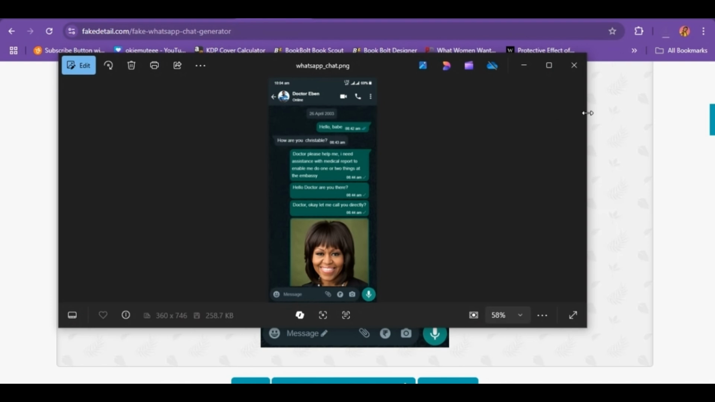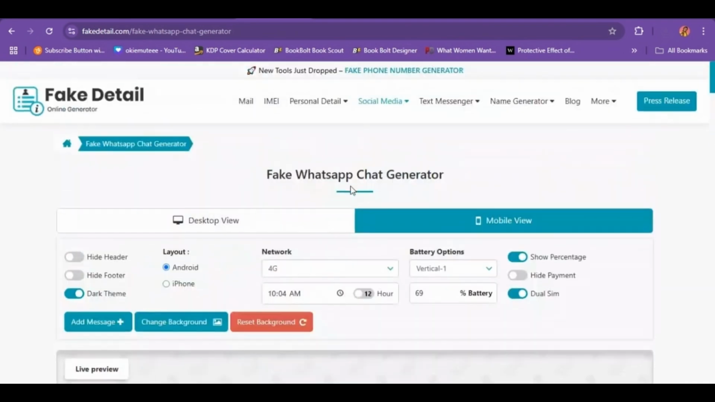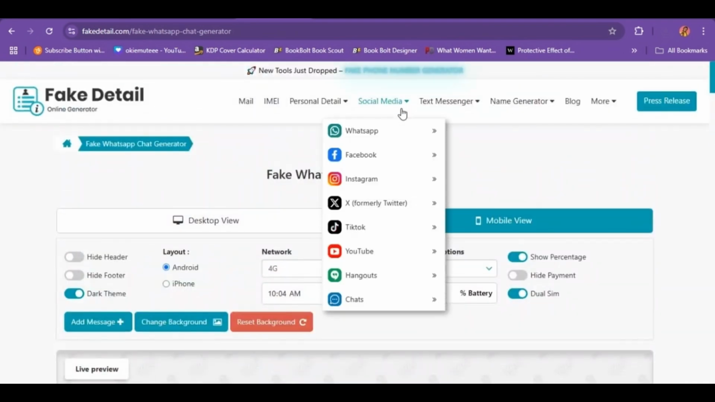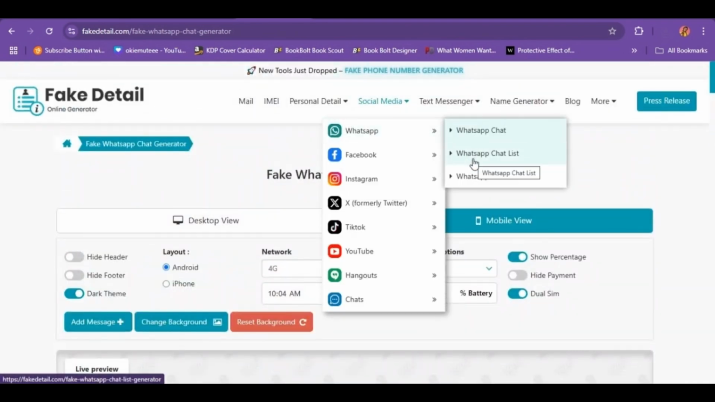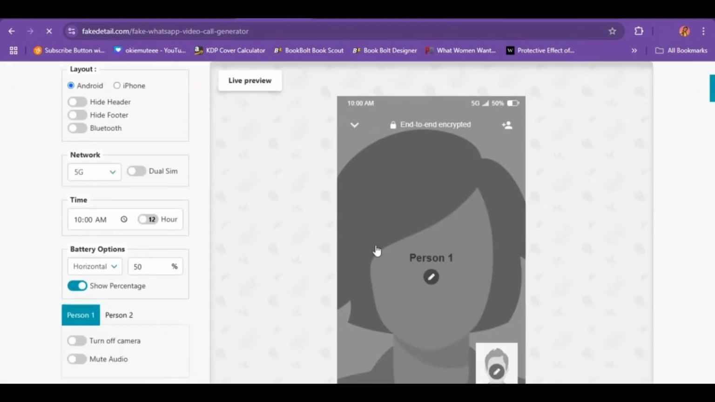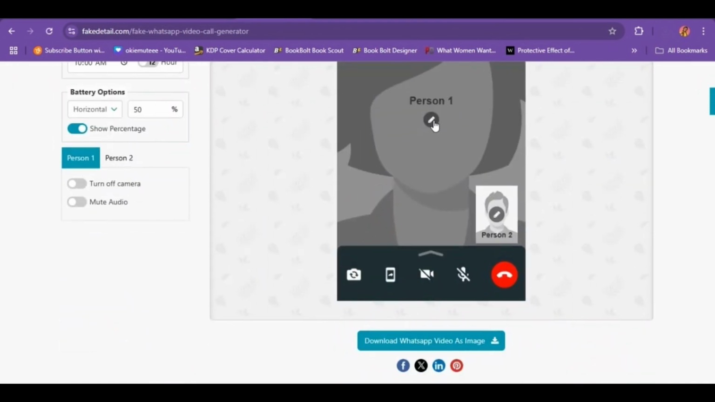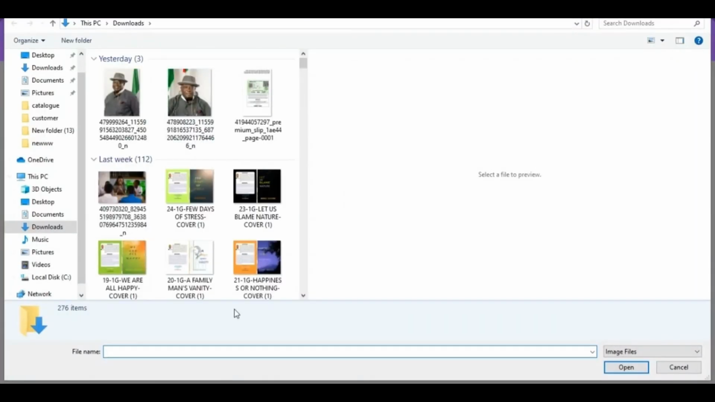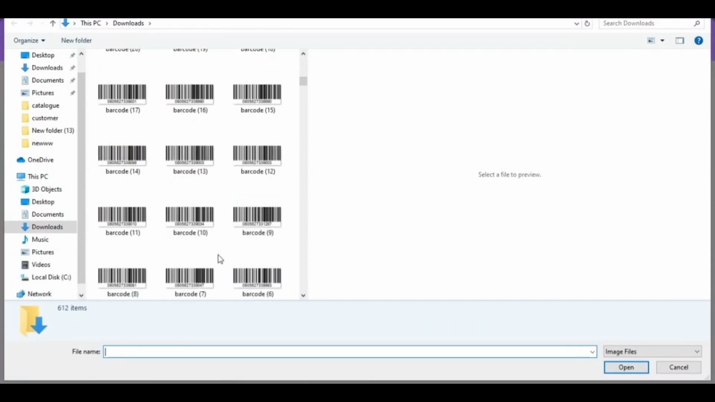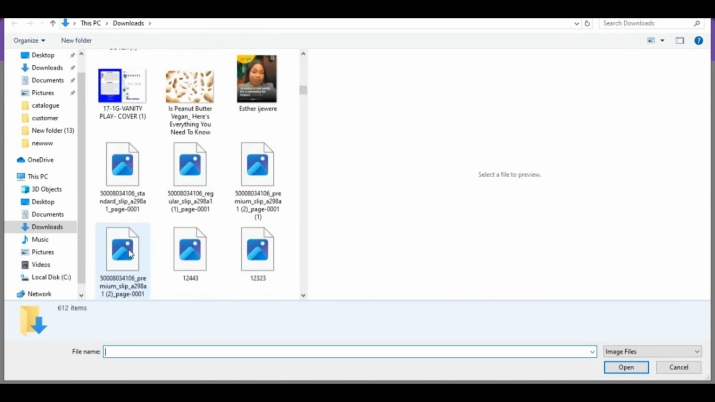So remember, I said there are other ways. There are other ones that you can also do aside from WhatsApp chat. Just come here and see. You see under WhatsApp, you see WhatsApp chat list. You see WhatsApp video call. You can also pretend to be making a call with somebody. Meanwhile, there's nobody there. So if I come here now and put a picture of the first person, let's say for example, I'm having a chat with